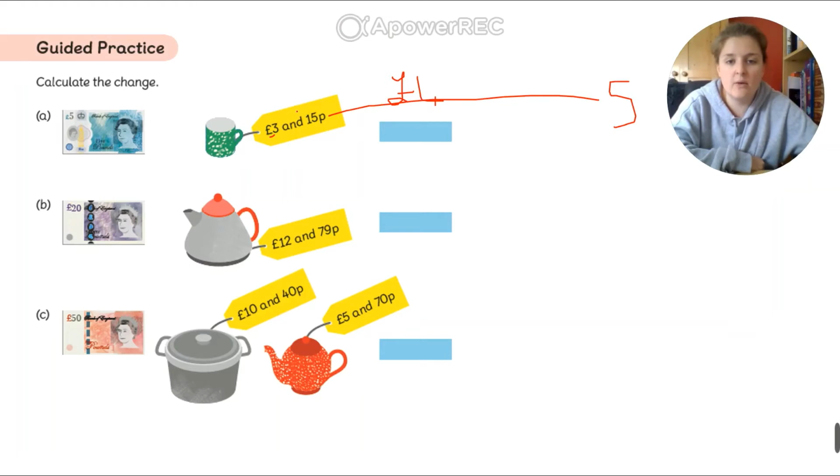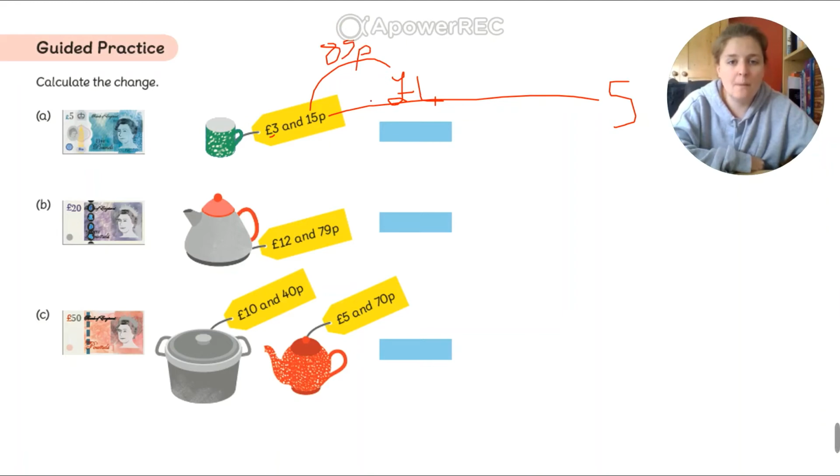So I've got to figure out how much I'm going to have to add to 15 to get to 100. Now, I know that 100 pennies are in a pound, so I need this to be 100 to get me to £4, to get me to the next pound coin. 100 take away 5, that's 95. And then take away the 10 is 85. So 85 pence plus 15 pence gives me a pound coin. So I know it's going to cost me 85p